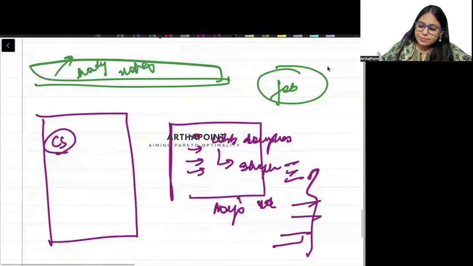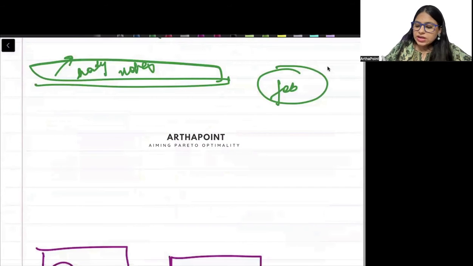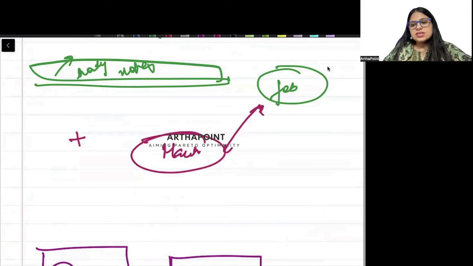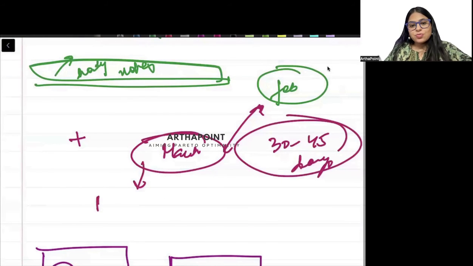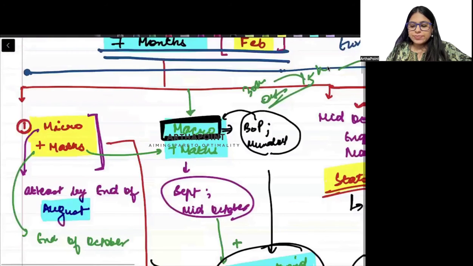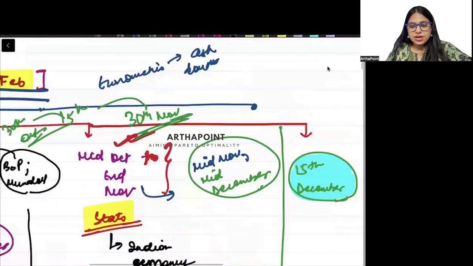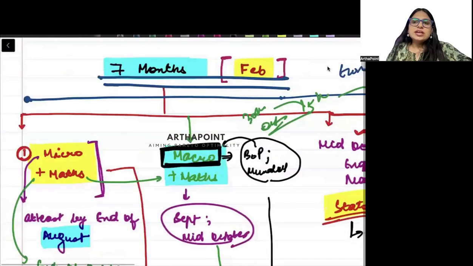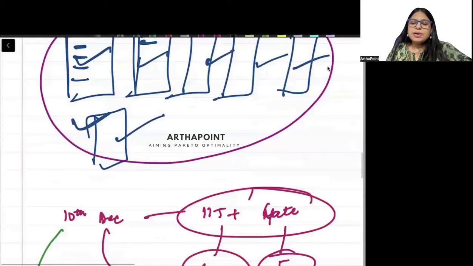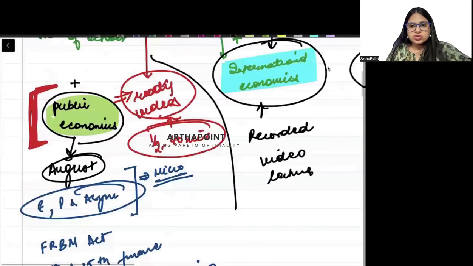Now, last time what happened was that the CUET paper happened in the month of March. So between this and this, there were only about 30 to 45 days. And CUET is more theoretical. So we will have to change our approach. So once you are done with all this revision, you have studied according to GATE and IIT and you are completely thorough, then it will be easy for you to pick up CUET and revise that. But first of all, you go ahead and follow this strategy.